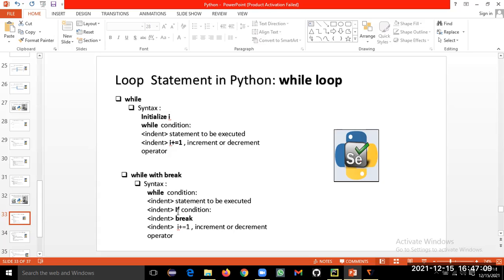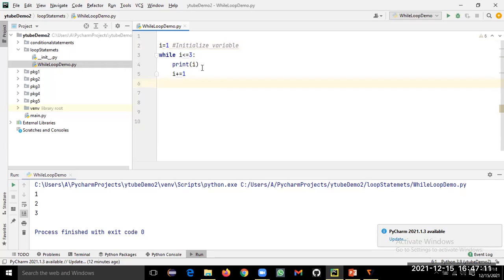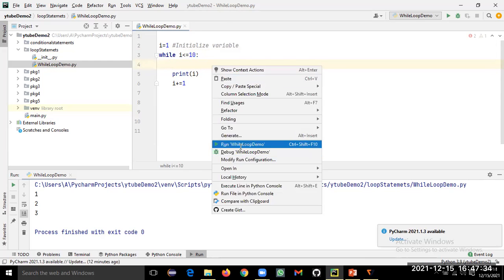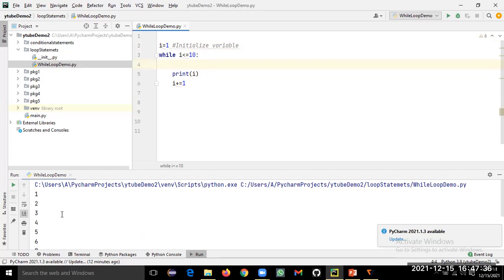Okay, so we can provide here the condition. So how to do it? Let's say before this, print if i equals 2. So these 3 values are printed. Let's say this is 5 and I want to stop at, let's say, 3. Okay, first we'll print, let's say, 10 values. I'll just remove this if and I'll run this code. You can see all 10 values are printed.